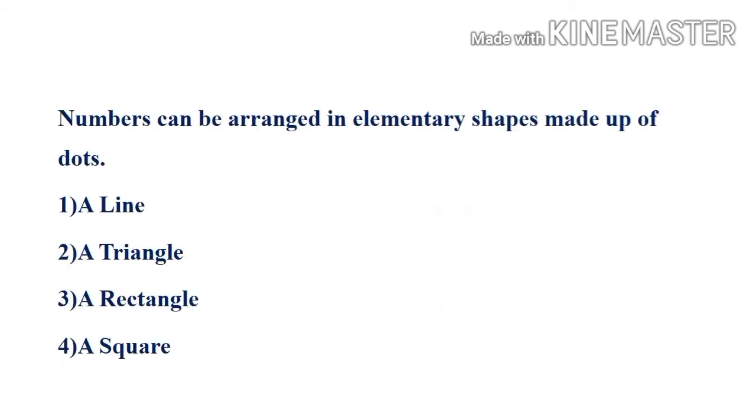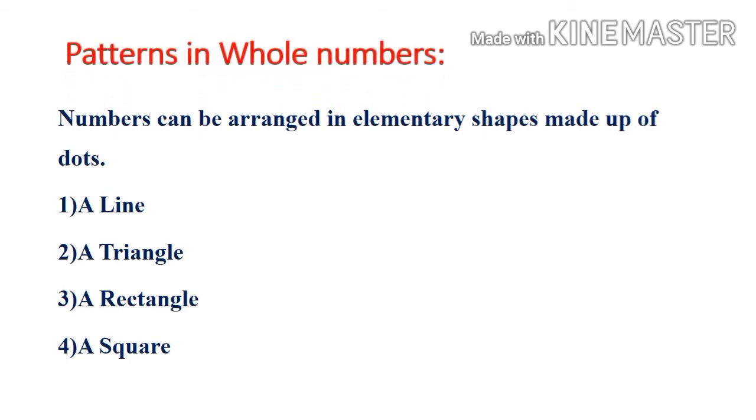So the next is patterns in whole number. What is the next topic we are going to learn? So this distributive property is a continuation, like we have seen the definitions of whole numbers, then predecessor, successor and closure property, commutative property. Based on that we have seen problem. Then today we have seen about distributive properties. Based on distributive property, how to solve the problems. So the next topic in this chapter is patterns in whole numbers.